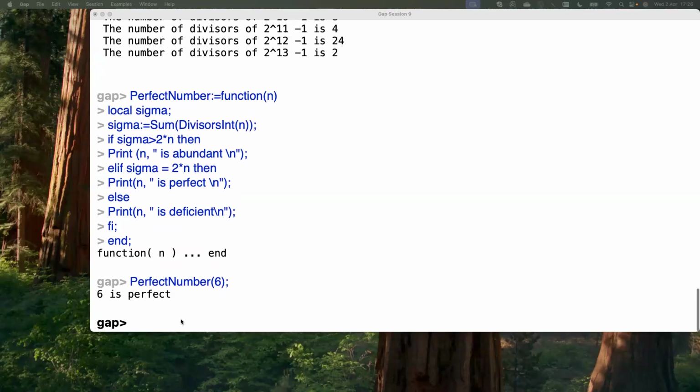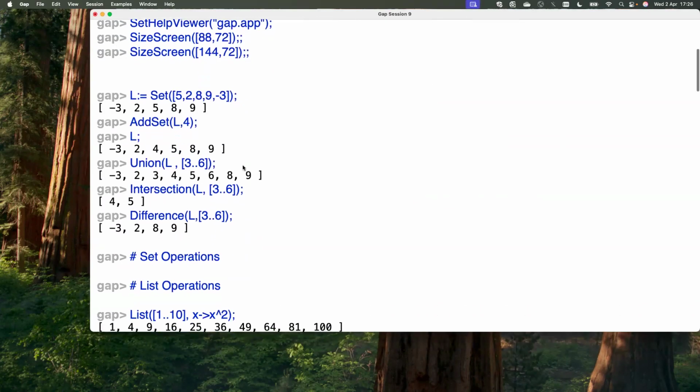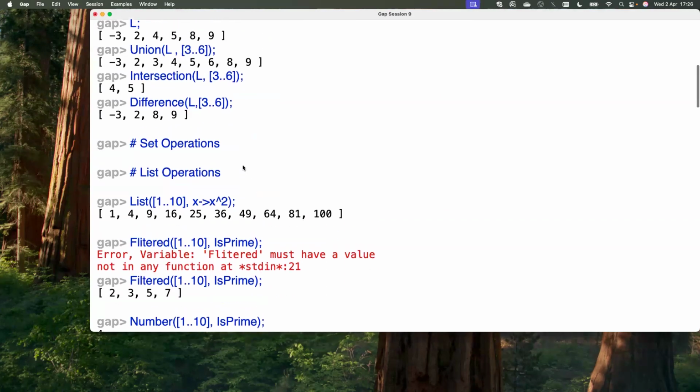Perfect. So let's define. We have been talking about things like lists, sets, and then operations on sets: intersection, difference, union, and